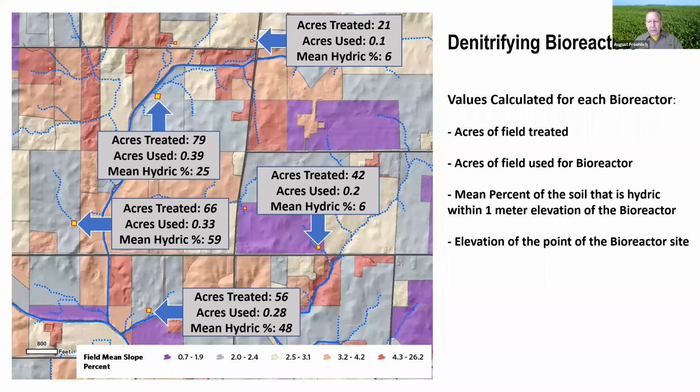So being able to sort through these and say, for example, this one in the upper left here, acres treated 79 acres, acres used 0.39 with a mean hydric percent for the field of 25%. So